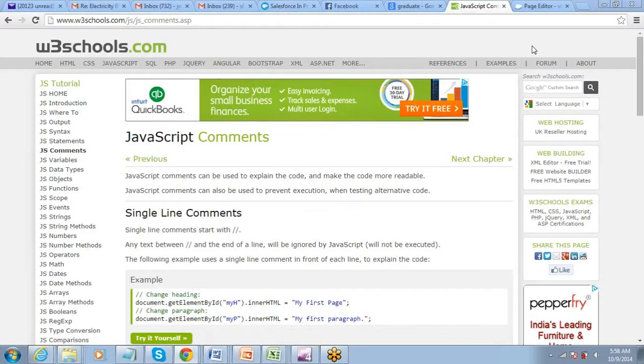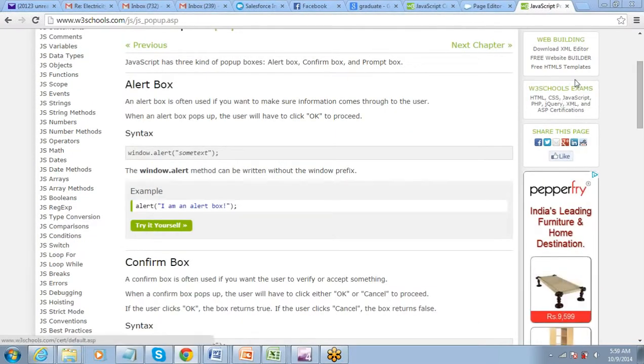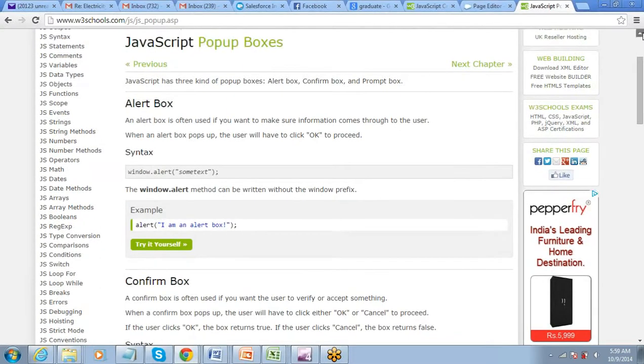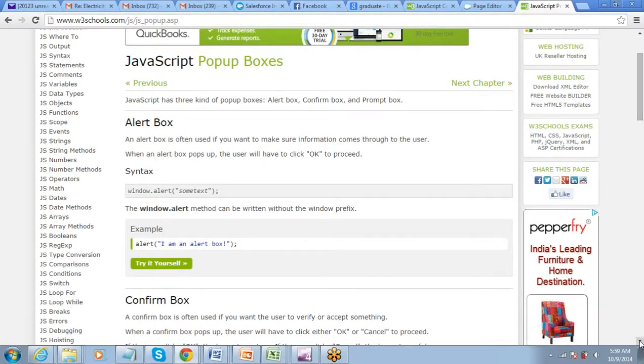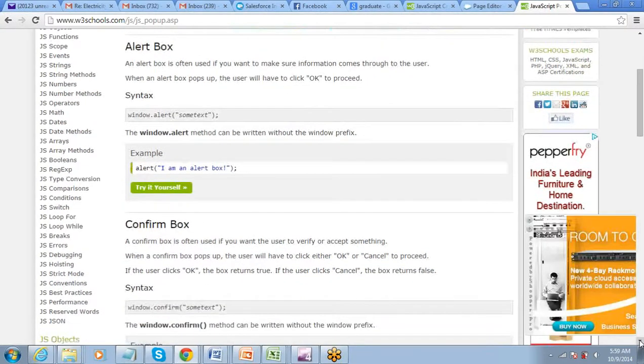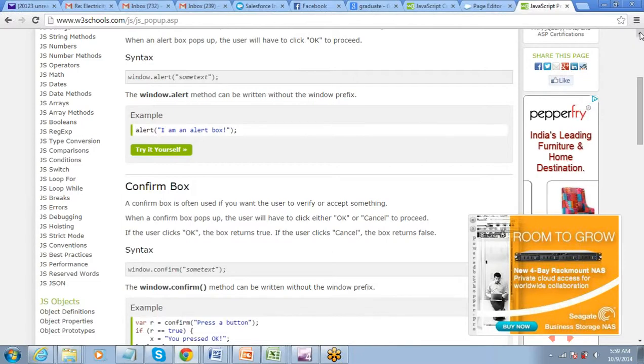Alert. Okay, so here is the alert box. There are different types of alert boxes, confirm boxes and all.